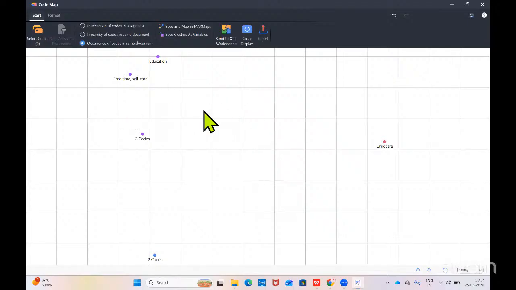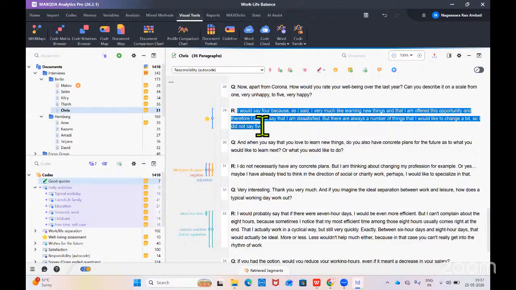Now, the main objective of the code map is to help us see, for example, let me go back here. This is one data segment. This is one data segment. We are conducting the code map to understand whether these codes are coming from the same paragraph. For example, two codes are coming. Are they occurring in the same paragraph, same data segment? Are they coming from different paragraphs? Are they coming from different